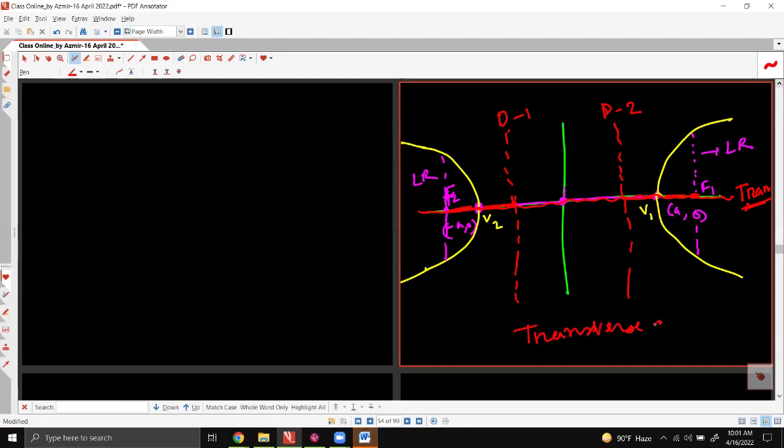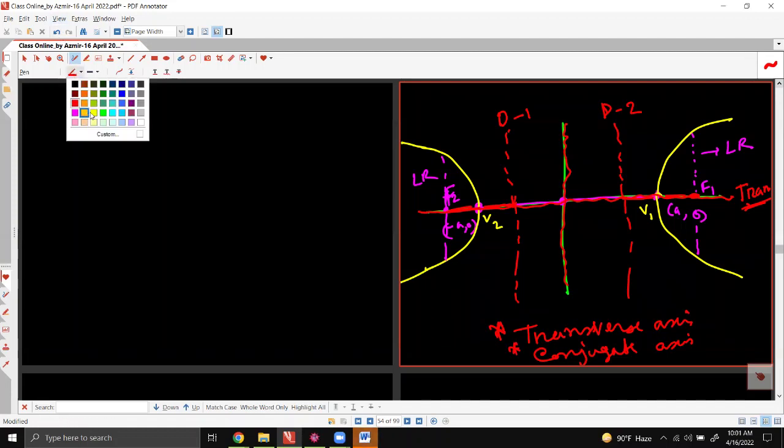Transverse axis. And this y-axis is known as the conjugate axis. For ellipse, we have learned that this axis is known as major axis and the vertical axis is known as minor axis. But for hyperbola, we have transverse axis and conjugate axis. Okay, so at the same time, we should remember another two things, that is,